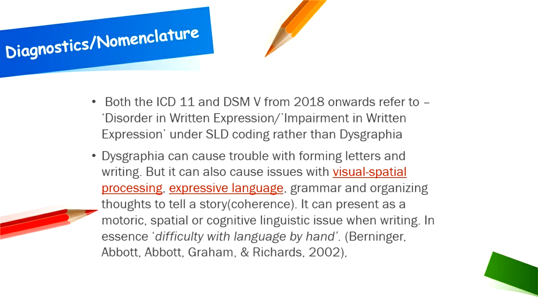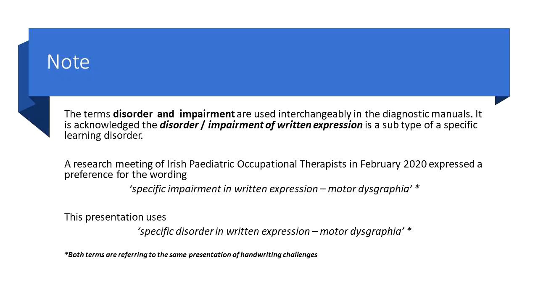Dysgraphia can cause trouble with forming letters and writing, but it also causes issues with visual spatial processing, expressive language, grammar, and organising thoughts to tell a story in coherence. It can present as a motoric, spatial, or cognitive linguistic issue when writing. In essence, it is difficulty with writing by hand. This is why we feel we need to stipulate motor dysgraphia in brackets, so that we are referring to the fact that disorder in written expression can also be due to cognitive linguistic difficulties, but this will be outside the